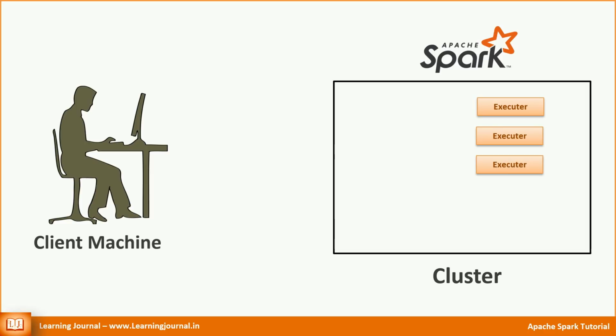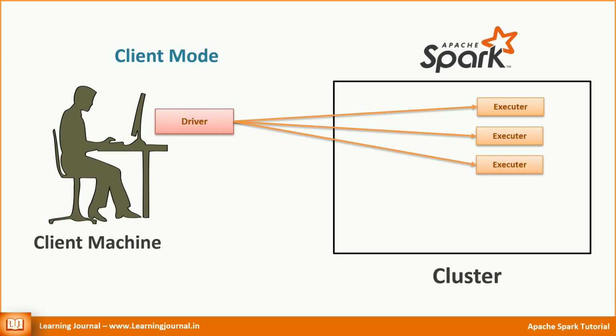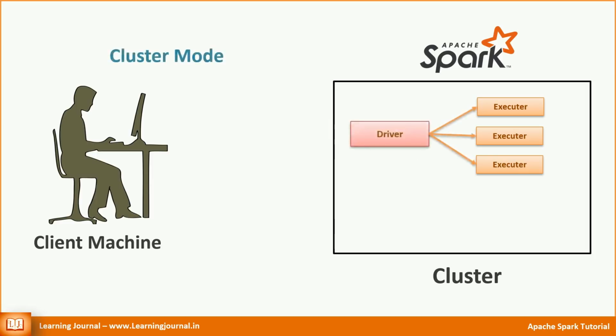If anything goes wrong with the driver, your application state is gone, right? So, if you start the driver on your local machine, your application is directly dependent on your local computer. You don't want that dependency in a production application. After all, you have a dedicated cluster to run the job, right? Hence, the cluster mode makes perfect sense for production deployment. Because after Spark submit, you can switch off your local computer and the application executes independently within the cluster.